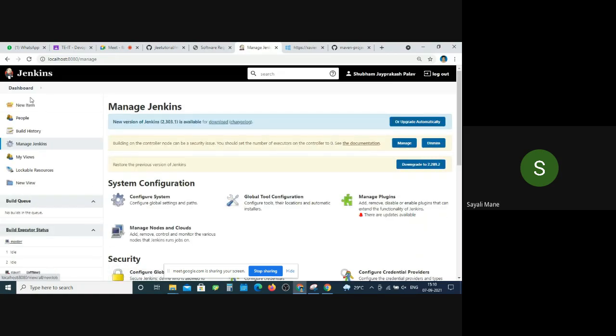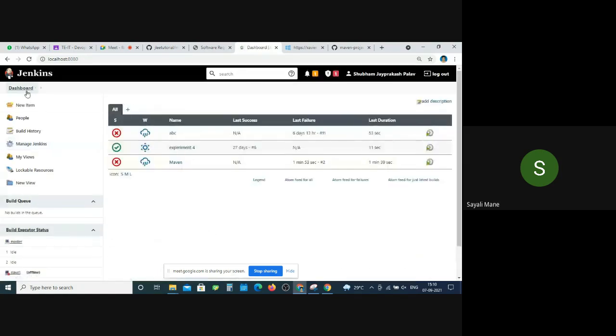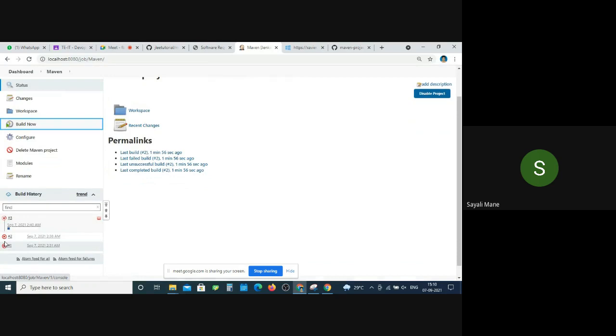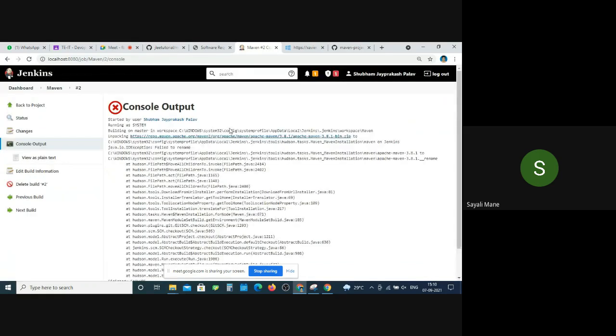Now just check the output of the Maven build you just did. Click on it. See, click on the second one. I just want to see why it is not coming. Just scroll down.